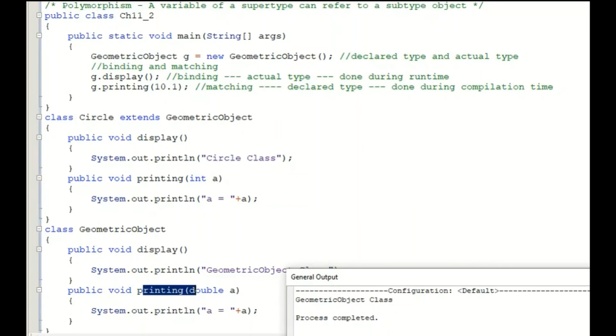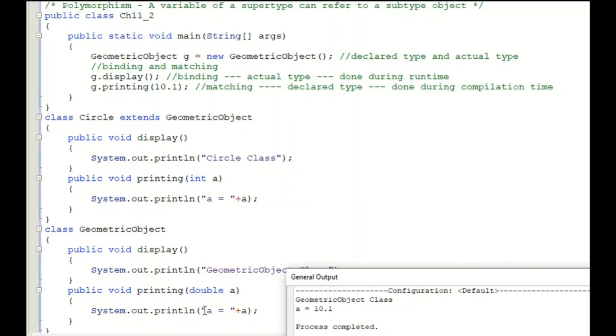Let's see. So let me try to compile the program and execute the program. Yeah. So it prints a equals 10.1.